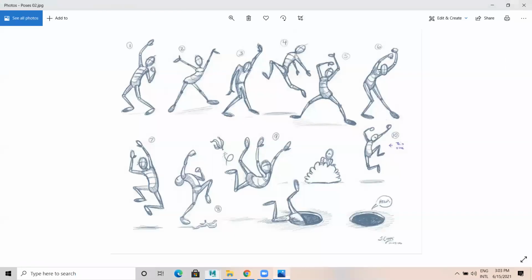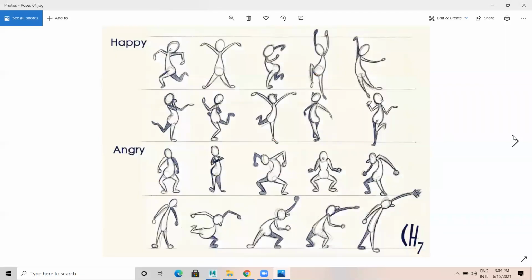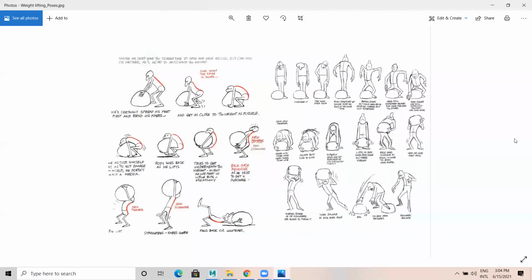Why? Because if your poses are good, simple, one thing you understand, if your poses are good, your animation will be good. Simple logic. There are certain images like happy poses, angry poses, different kinds of poses. And observe here carefully, like lifting an object, you get a breakdown of the different poses. If you just do these poses, it's more than enough. Your animation will be really good.